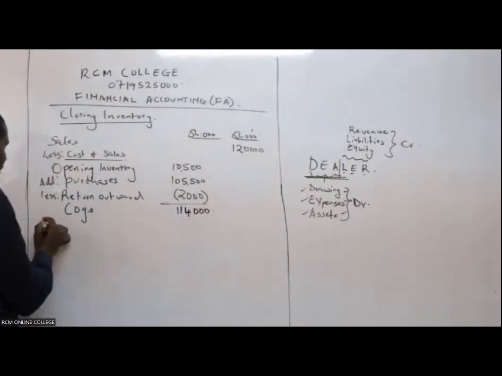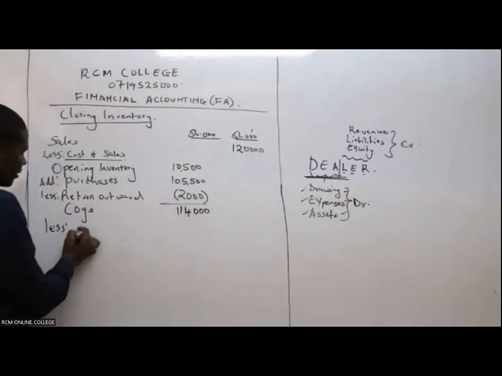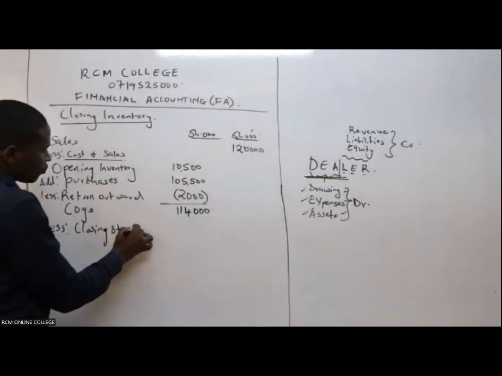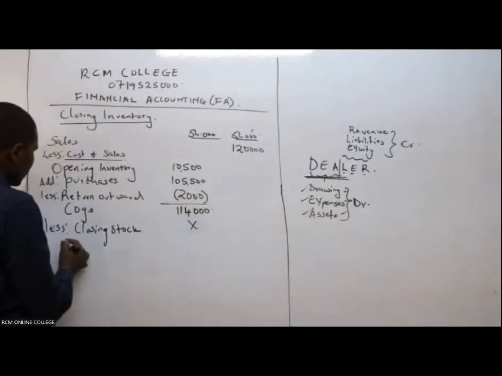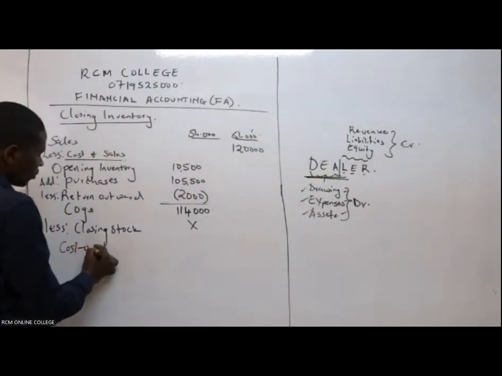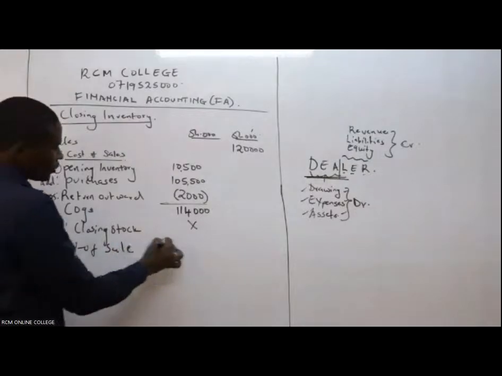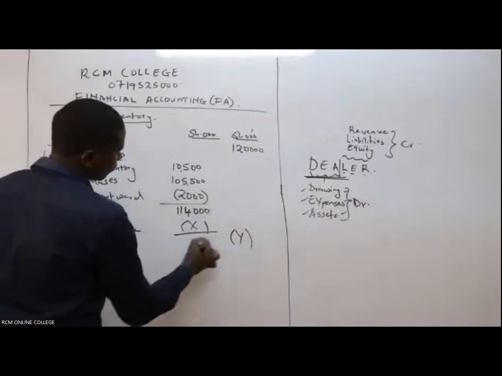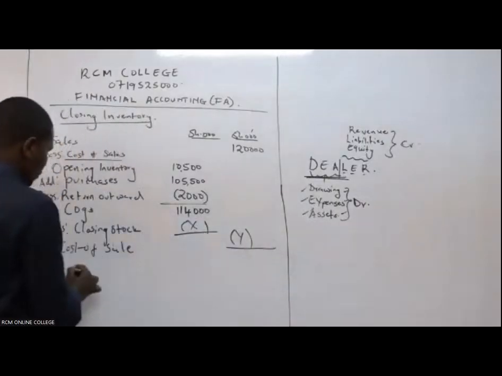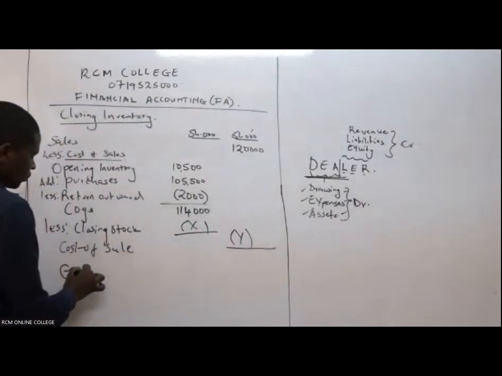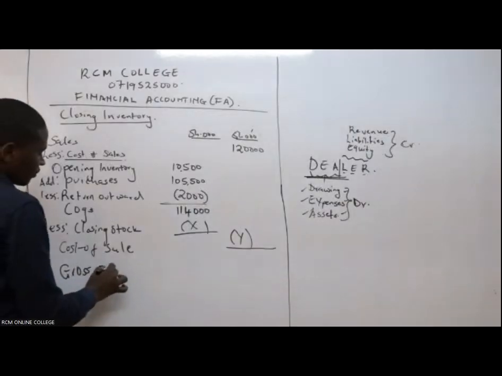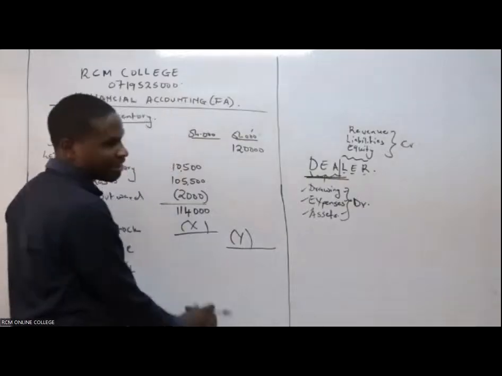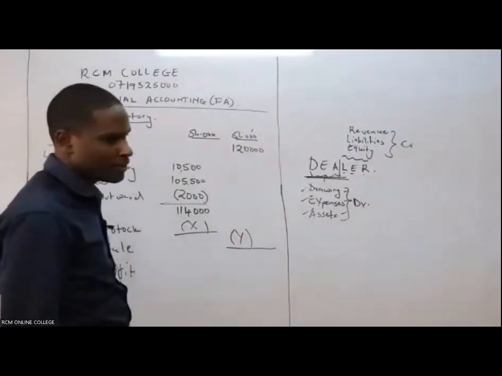Asante. Then from that we usually raise the closing stock, so that we're able to get our cost of sale. We get our closing stock so that we're able to get our cost of sale, and then we raise our cost of sale there. We get our gross profit. So we shall get our gross profit here, and it will be very nice for us.